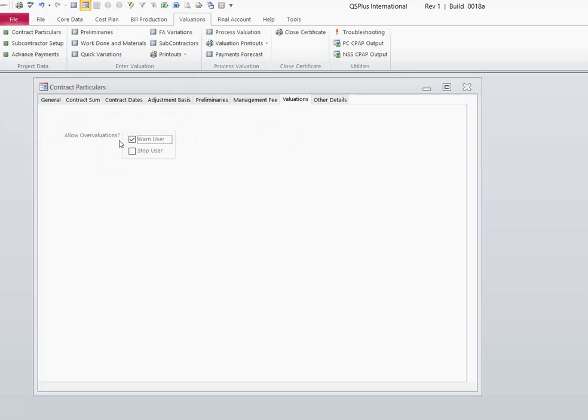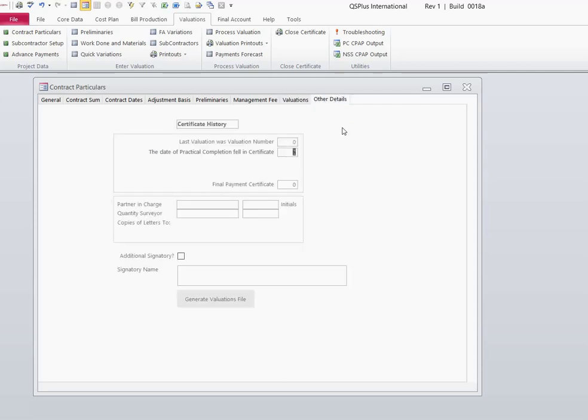Then your valuations, the overvaluation box is for if you have a quantity of 100 in the bill and the operator puts in 120, it's going to warn him you've gone over the quantity in the bill, which is important. And then once you've got your other details, you go to there and you click